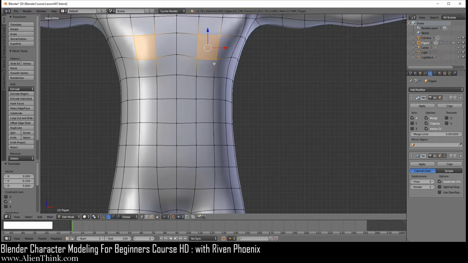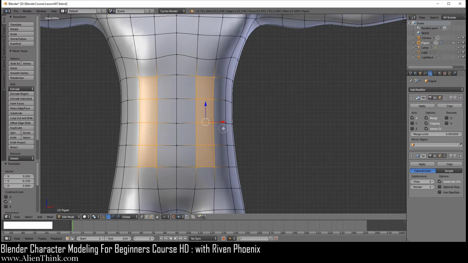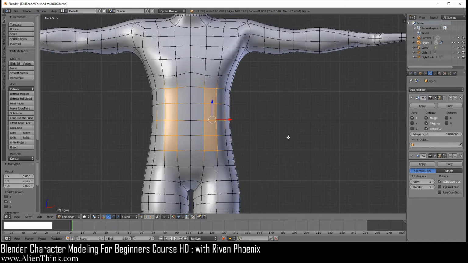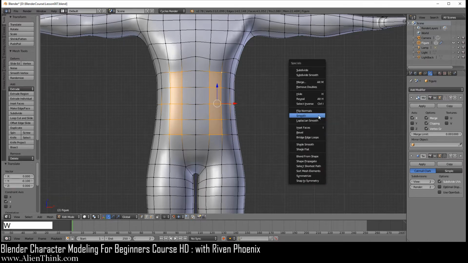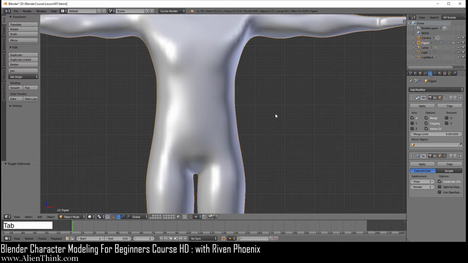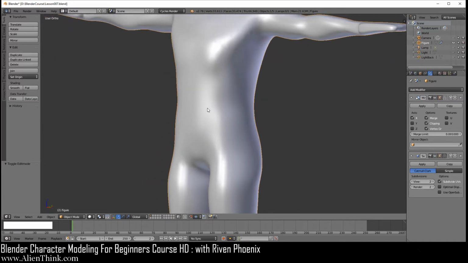So now that you have this over here, you're just going to simply click on this one, press the C key, and go ahead and select everybody over here. All these 4 plus this guy over here. Okay. Now we're going to do W 1, 2, 3, 4, 5. And the reason we did that is to just bring it in a little bit over here.